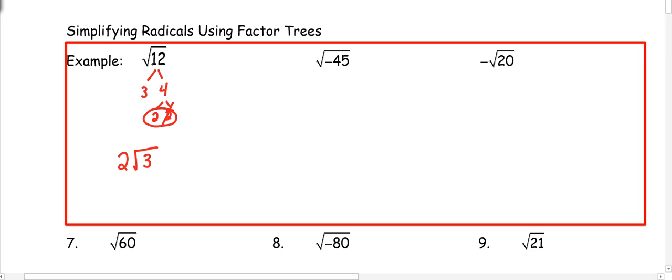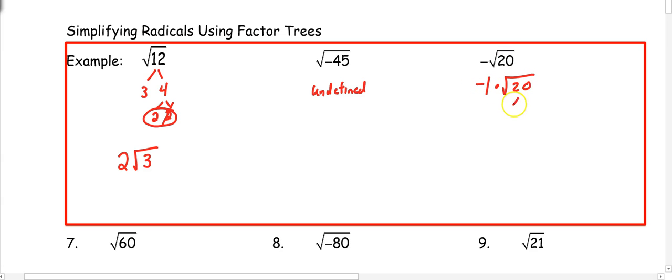The square root of negative 45. Anytime that there's a negative under the square root, this is undefined. We can never take the square root of a negative number. And later on, you'll learn about how to turn them into imaginary numbers in Algebra 2. But for now, we're just going to say that a square root of a negative number with the negative sign underneath is undefined. Now, if the negative number is out front, that's okay because it's really negative 1 times the